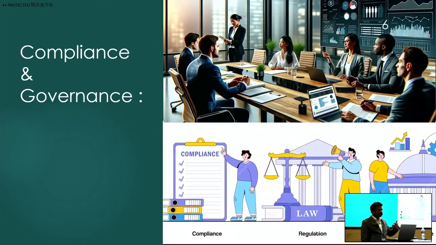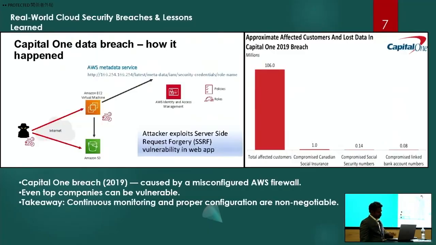All those use cases we'll be talking about now. For the next 6 to 7 use cases, we are going to talk about each scenario and what happened in history. This is the first topic of the security context, where the breaches happened and the lessons we learned. The one I was talking about, the Capital One data breach: how it happened, what went wrong, and how much data was affected and lost in 2019.